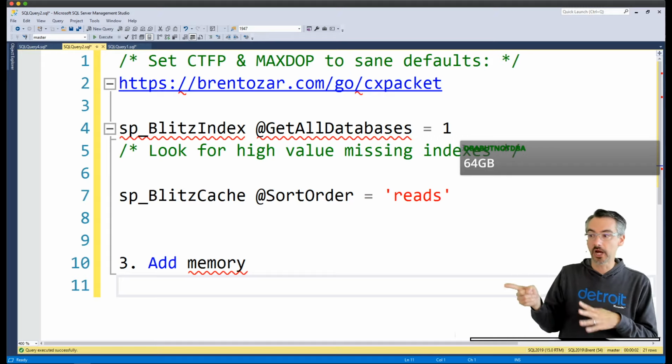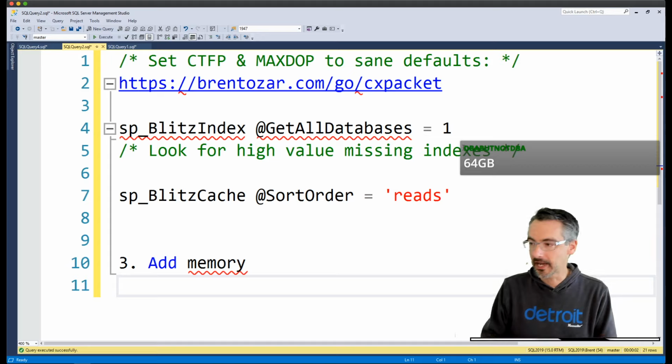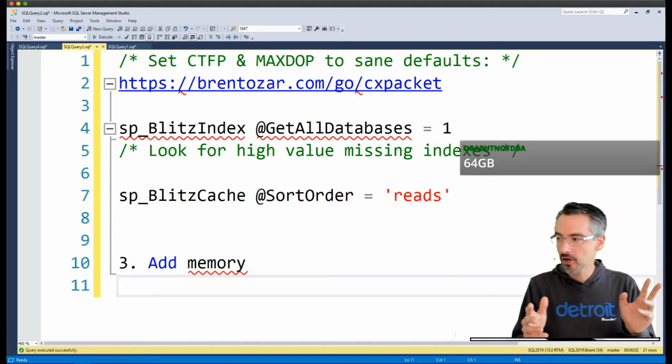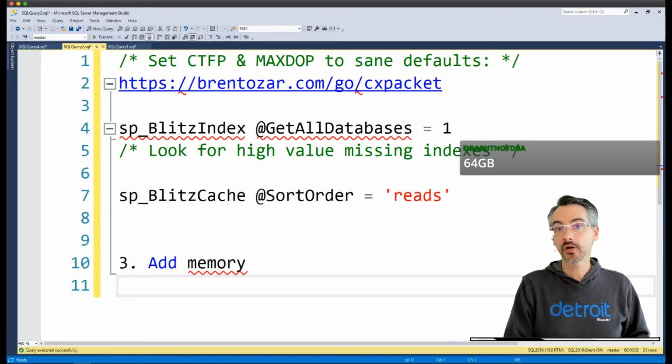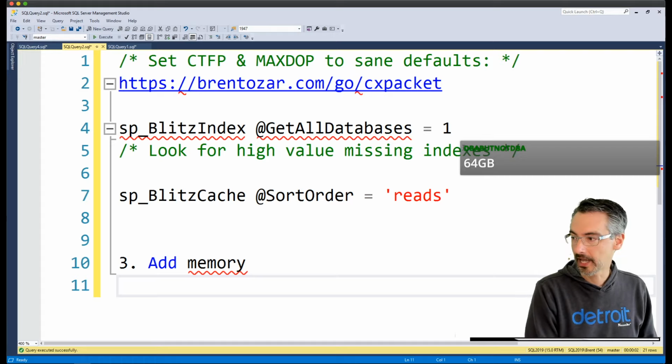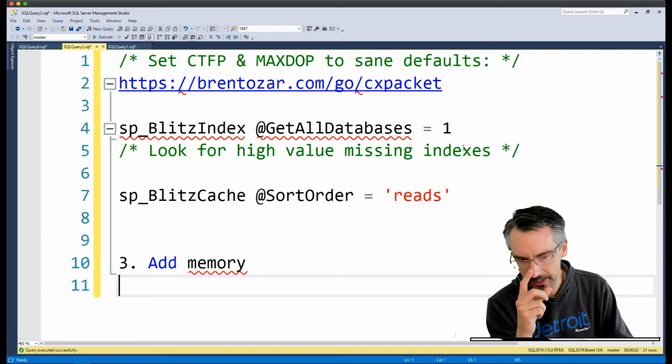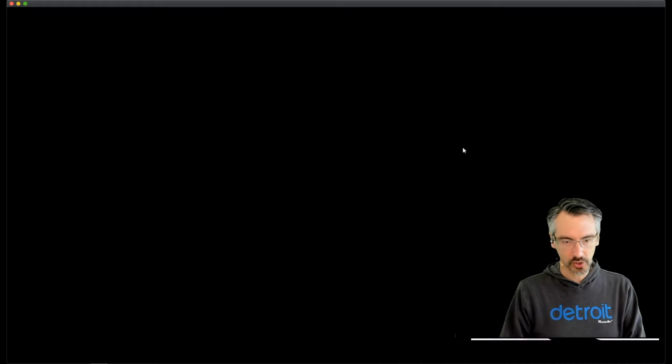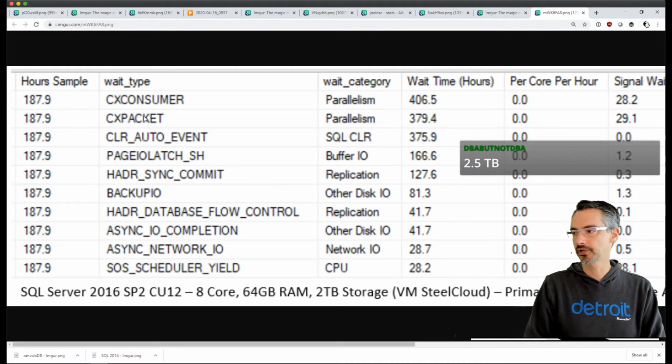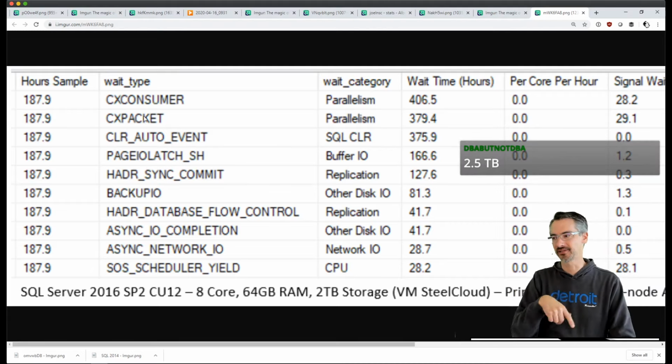Now, how much data are we supporting? Is it like a terabyte of data, half a terabyte? Because if it's like 300 gigs or less, then I'm not too worried about that. But the other thing I'd mention too is because you're on a fairly recent version of SQL Server, 2.5 terabytes, there you go.